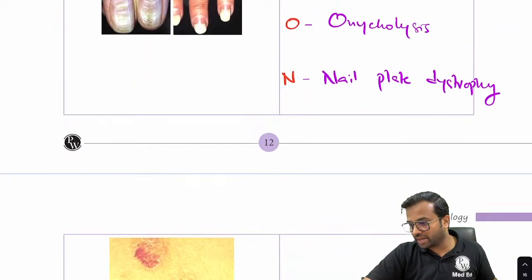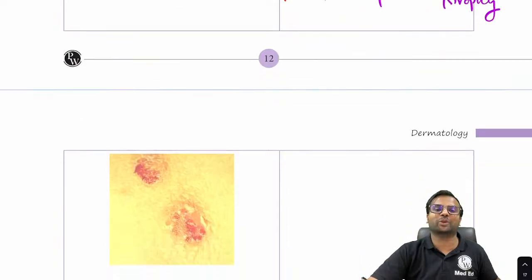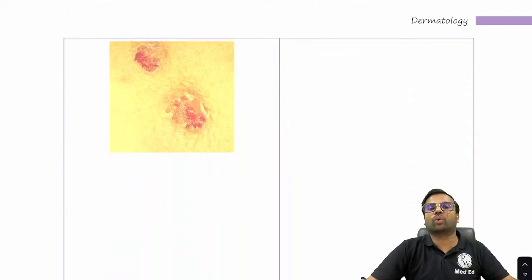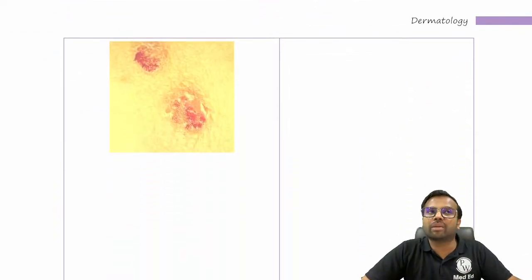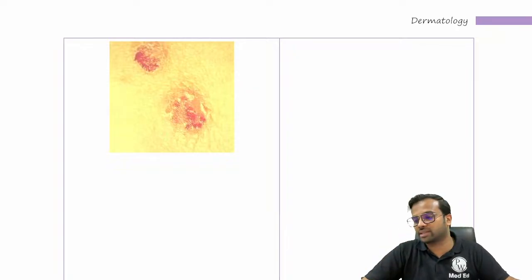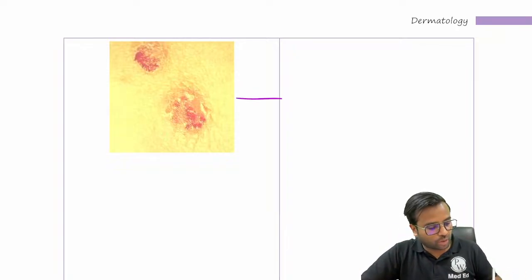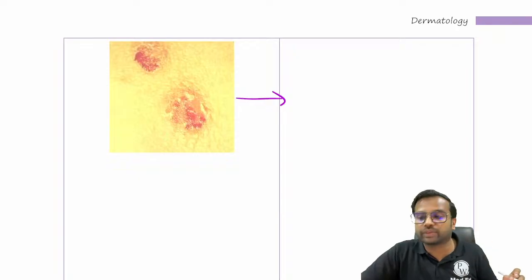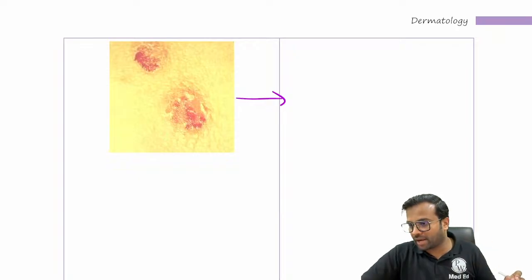So Ambali is giving the entire write out now. Very good, Ambali. So now let's see another one. Now see this image and tell me what is the name of the sign that can be seen in psoriasis. And this is the image for you. So what is the name of this sign? And you have a few seconds to answer. So the name of the sign is